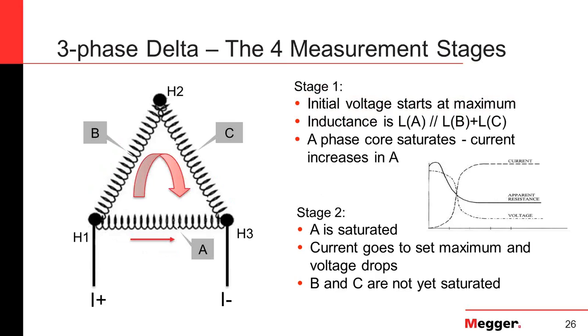There's one other thing that we should consider, and this is the one that is probably the least understood, and the one that people out in the world testing delta windings should understand. As we apply, in this example, current from H1 to H3, let's say at 50 volts, we may be applying 10 amps. As we do so, this particular delta, or any delta,